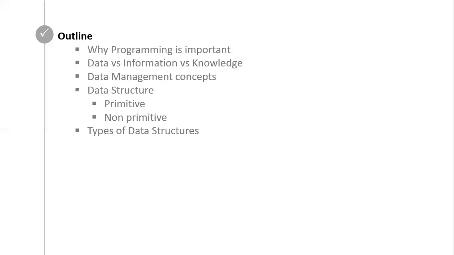Okay, and then we have the types of data structure, in which we will first study the linear data structures. Linear data structures have data elements arranged in a sequential manner, and each member element is connected to its previous and next element. And this connection helps to traverse a linear data structure in a single run.